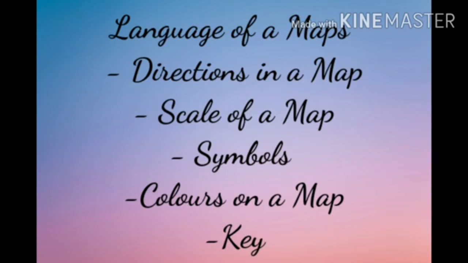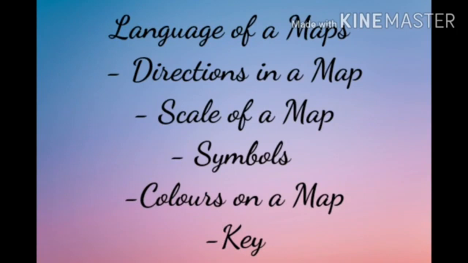See, green color shows forest or plain areas. See, mountains and highlands are shown in brown. Lower mountains and highlands are indicated in light brown and yellow. Children, many colors are used in a map. These colors denote different things.